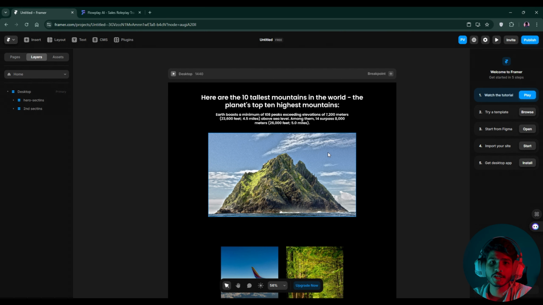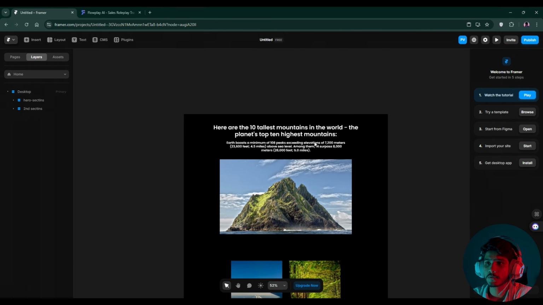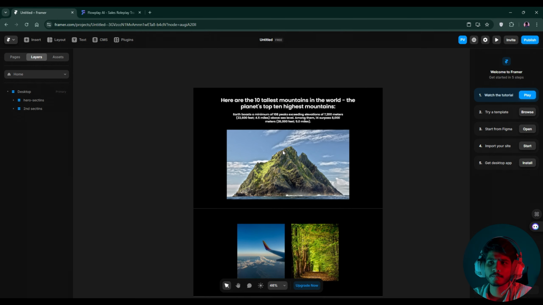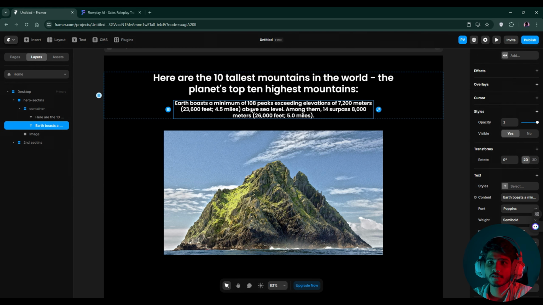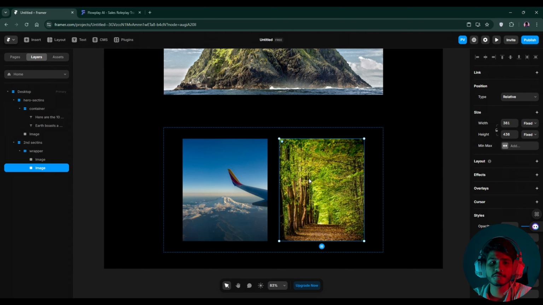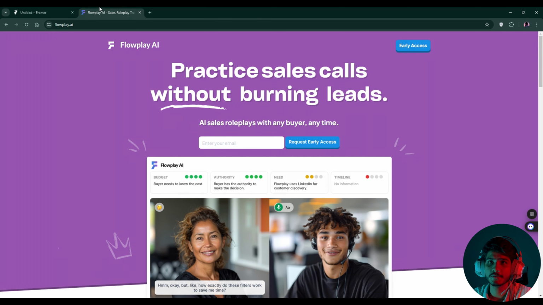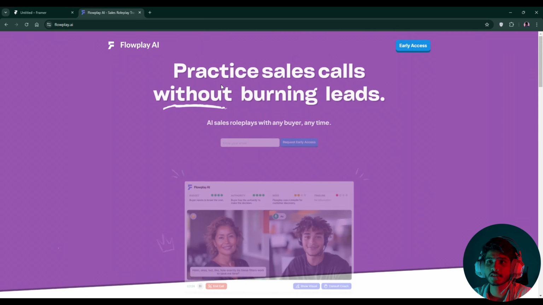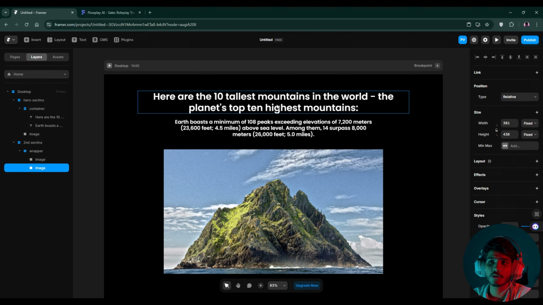So now we are in the Framer dashboard, and I have already made two sections for the convenience of the long form video. There is simply an h1, this is our paragraph, and this is simply an image, and these two are images which will be coming from left to right and right to left. Let's come to our header section. In the header section, as we can see, the heading will come first, then the paragraph, and thirdly the image will come. So let's see how we can do this.